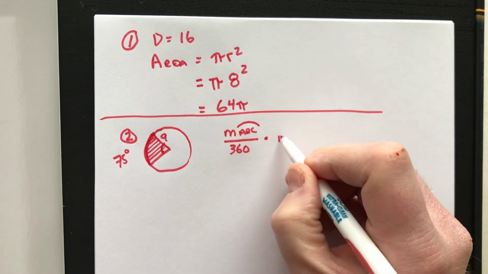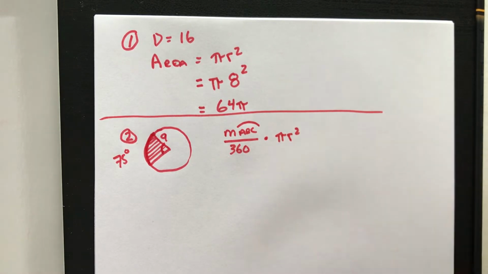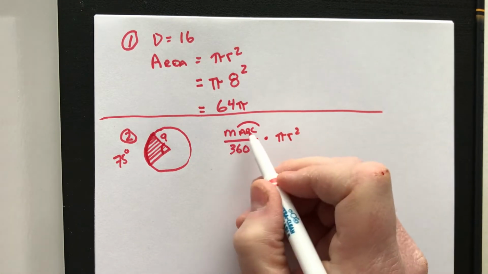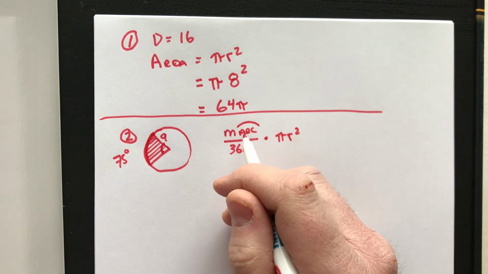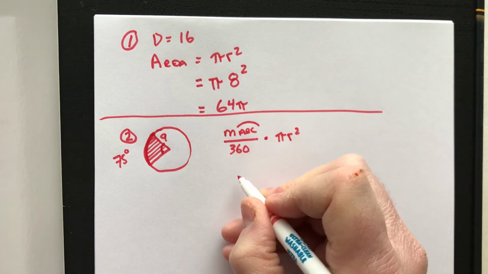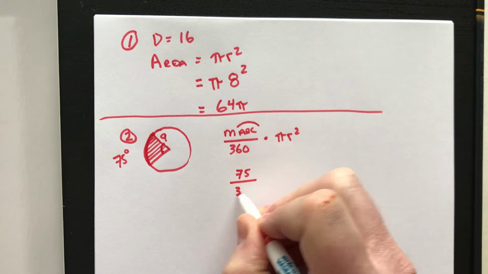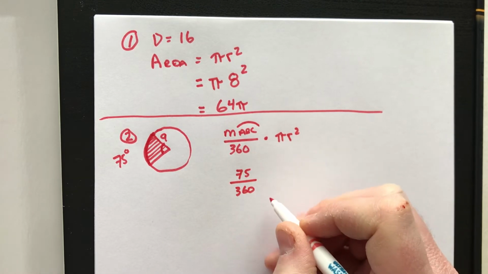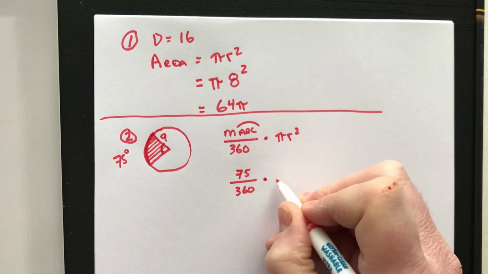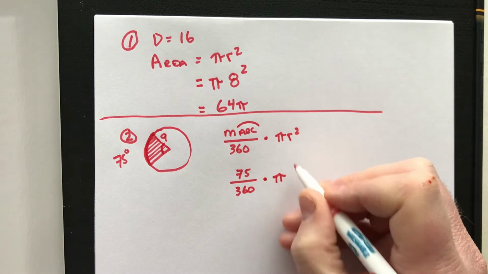We multiply by pi r squared, which is the area of the whole circle. The measure of the arc, once again, is measurement, not length. So the measure of the arc is 75 over 360, and we multiply this by pi, the radius is 9,